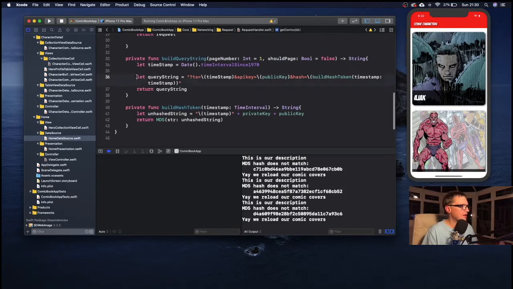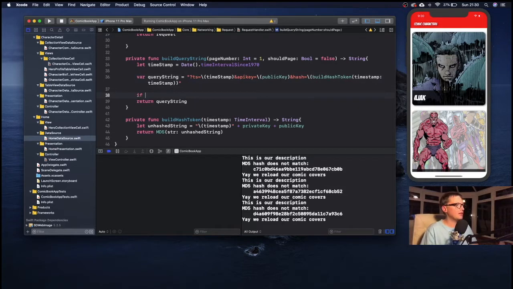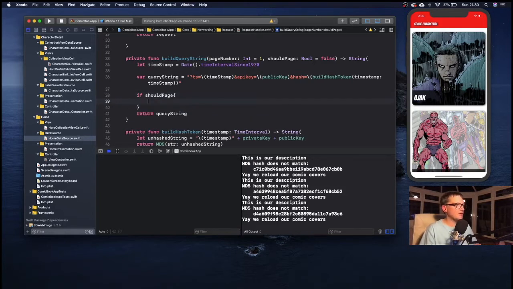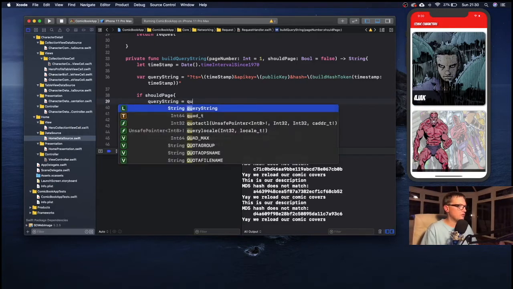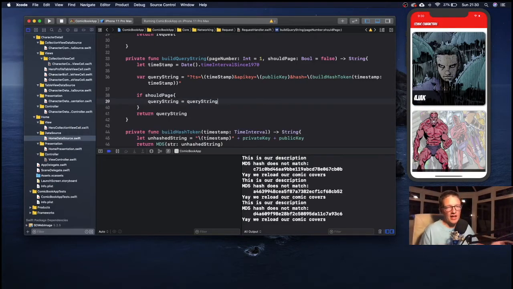So with that being said, our let queryString now needs to change to a var, and we need to add an if statement. So if the shouldPage parameter above is true, then we need to say queryString equals queryString, and then we need to pass in a limit and an offset. Our limit is going to be 20. We're going to start with 20. So this is going to be limit plus a string, limit equals 20, and then